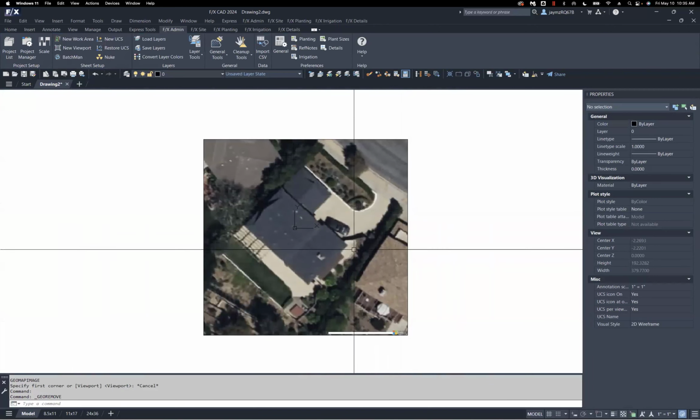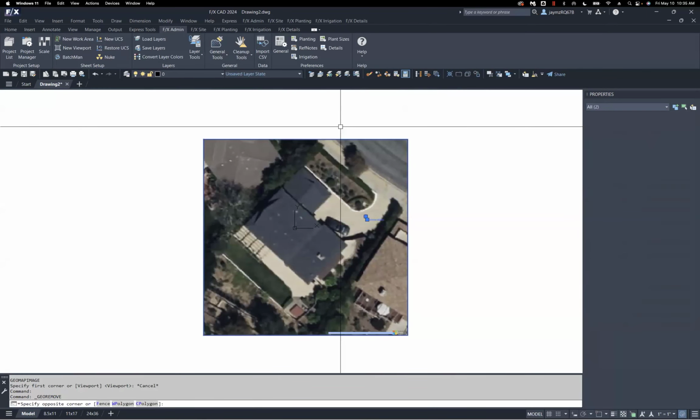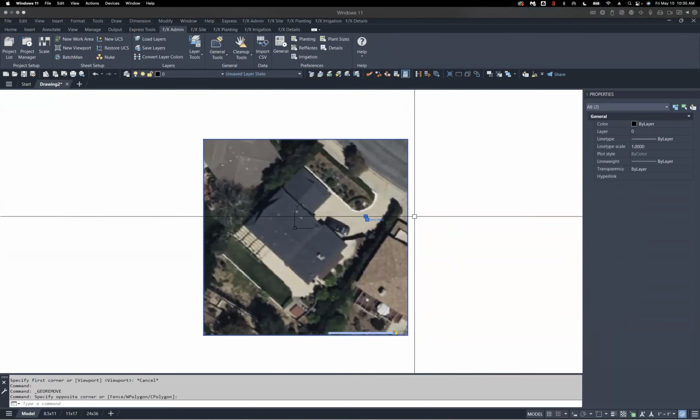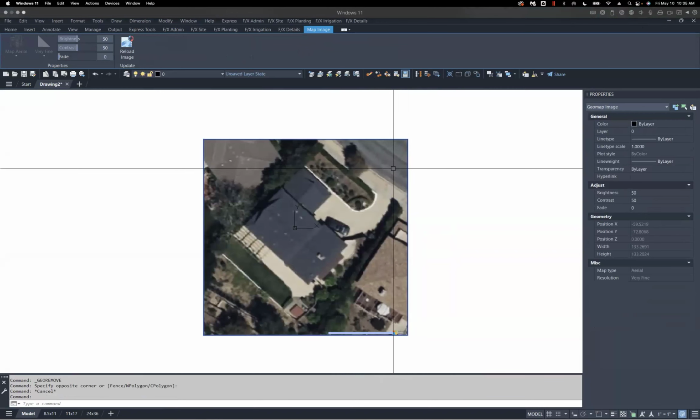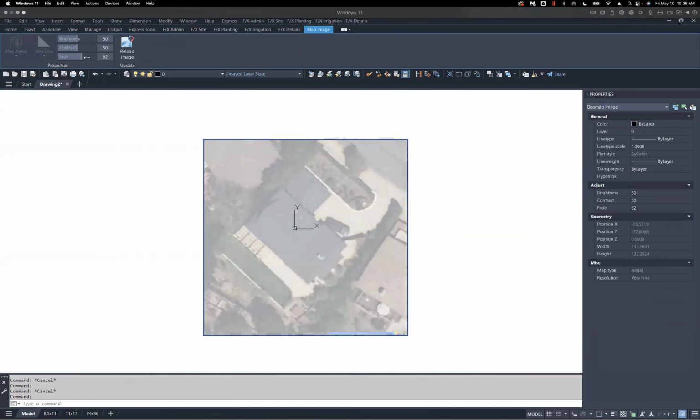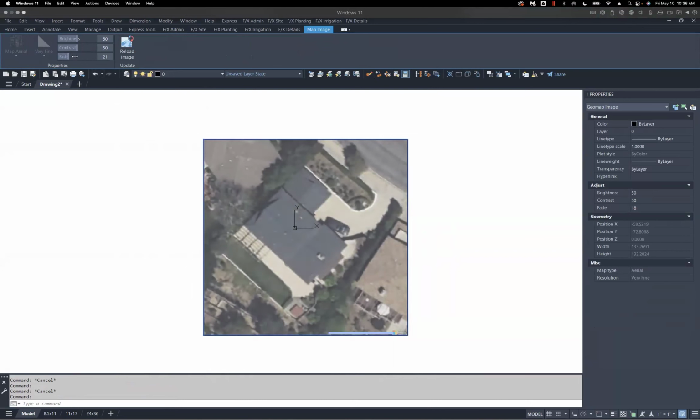If I want to make any edits to this image at this point, I can go ahead and select it, and I can adjust certain settings. Okay. If I click on my border here, it'll take me back to my image properties. I can still adjust things like my brightness and contrast, and most importantly, I can adjust my fade. So this is going to adjust the transparency of my aerial image.